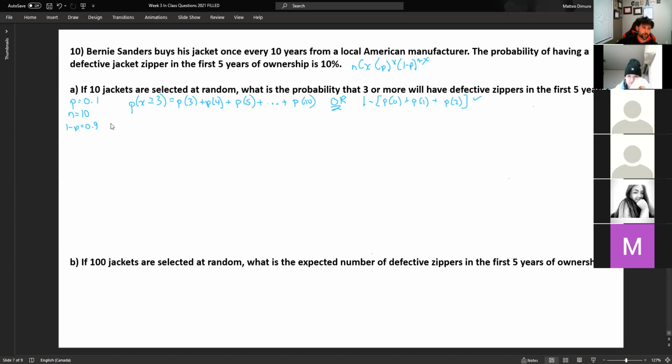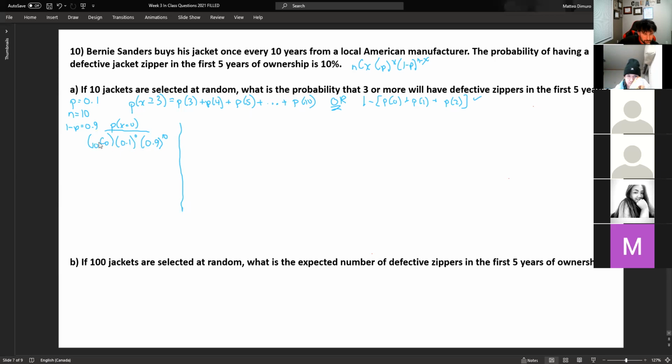And to show your work, I would do something like this. Here's the probability of 0, and I'm going to show my work here. We'll go ahead and write it out. So it's going to be 10 choose 0. And then it's going to be 0.1 raised to the power of x. I'm just using this formula here. And then 0.9 raised to n minus x, which is 10. So that gives me an idea of where I can start my next question.